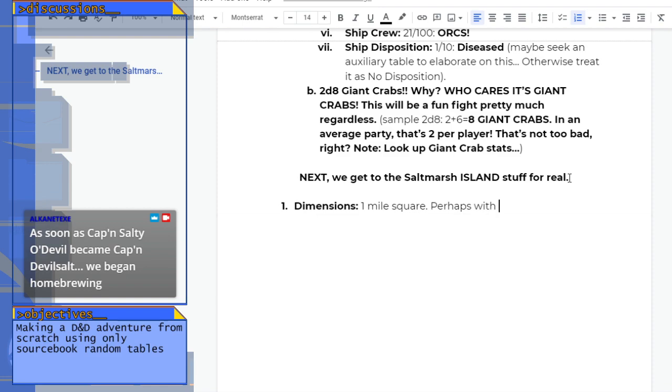Perhaps with, okay, so here I'm just going to randomly throw, perhaps with 3 things, like a peninsula, some kind of cut-in shore, and